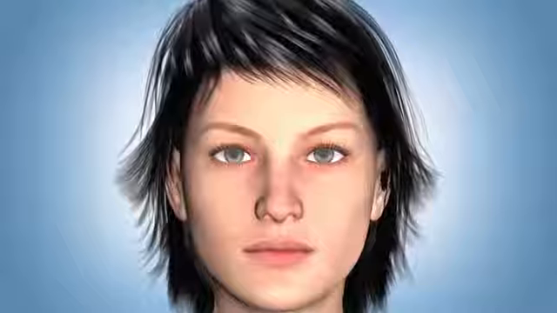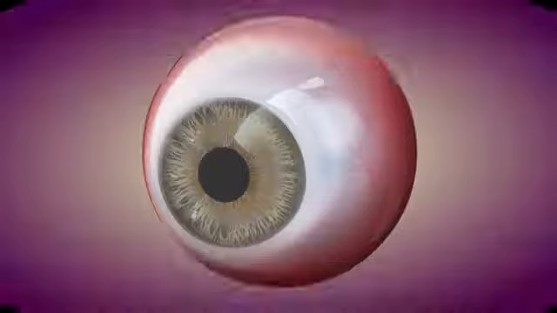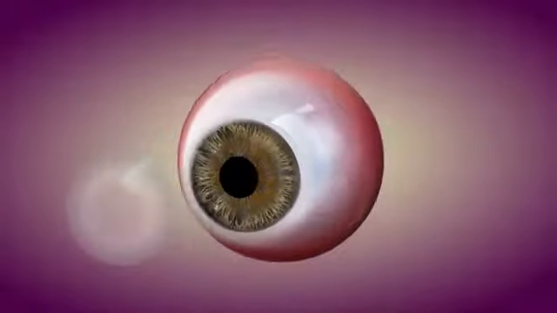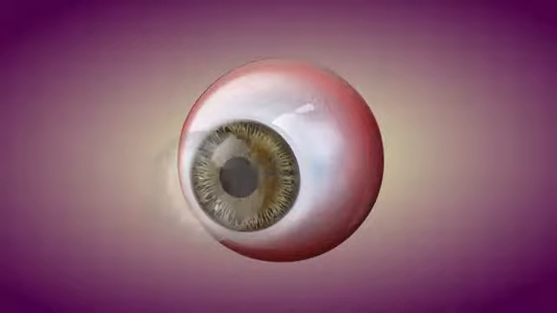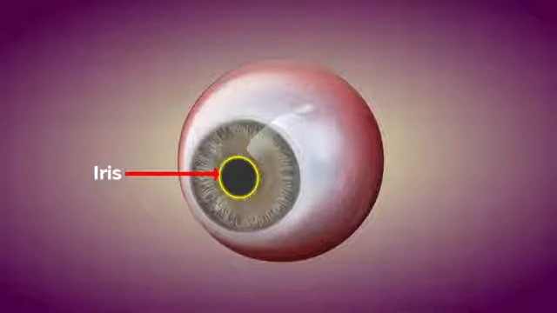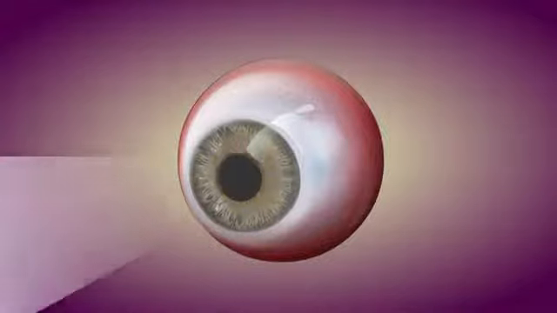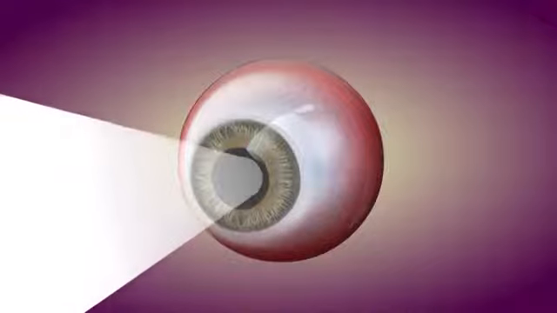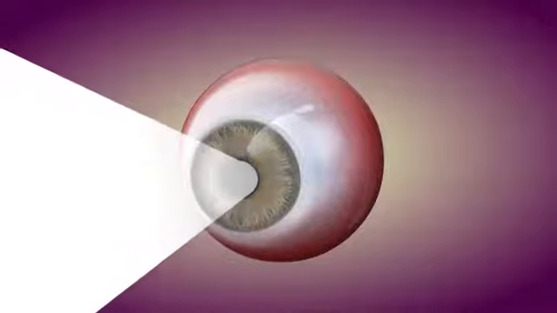See objects around us. Let us see how the eye is put together and how it works. At the very front of the eye is a transparent structure called the cornea that helps to focus incoming light. Behind the cornea is the iris. The iris has a circular opening called the pupil. The pupil expands or contracts depending on the amount of light entering the eye.